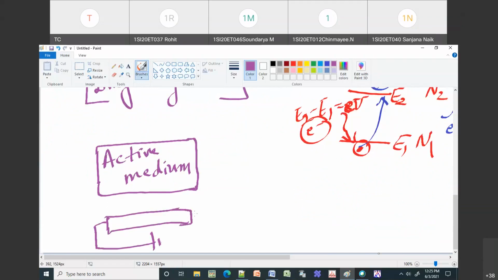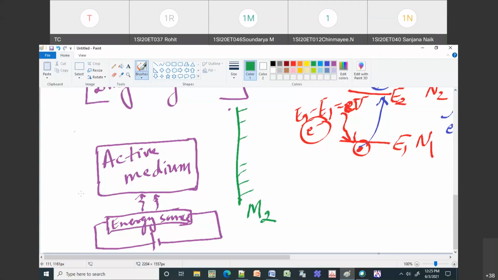Let us assume it is giving out photons. These photons are coming and hitting the atoms in the active medium, making the atoms go to the excited state and then come down to the ground state, all those things. Okay, so this is your energy source. And then what we do is we place this active medium in between two mirrors. I will tell you why you need these mirrors. This is your first mirror and this is your second mirror. I will call this M2, the second mirror, and this is your first mirror, M1.